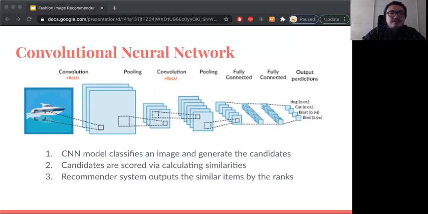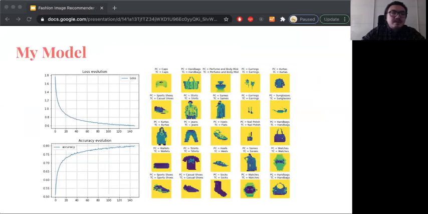A convolutional neural network is a deep learning algorithm which can take an image input, assign importance to various aspects and objects in the image, and be able to differentiate one from the other. So I spun this up on AWS EC2 instance using deep learning AMI. And after 150 epochs of training, I got a model that classifies images from our dataset into 141 unique classes